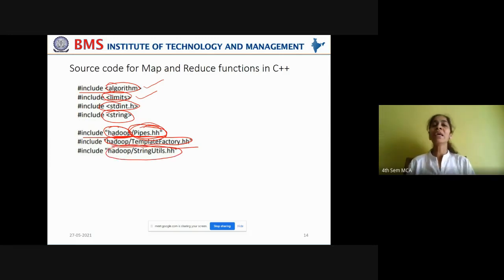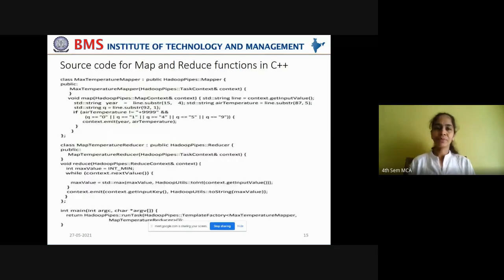For that you are using the Hadoop template factory header file, and you're also using the string utilities header file. If you want to use any string utility functions, then you have to use this string utility header file from Hadoop. Now listen carefully, all of you have to focus in order to understand this C++